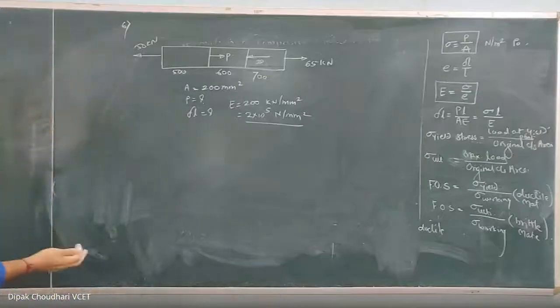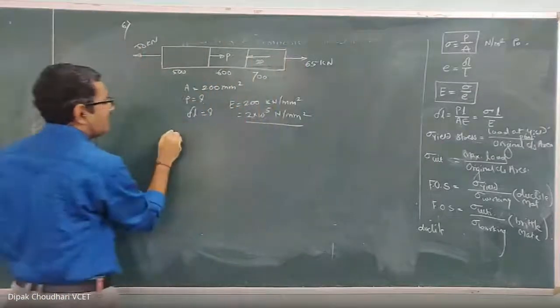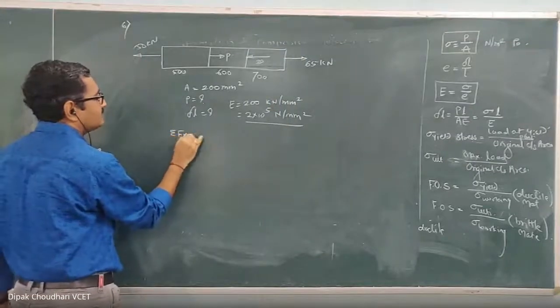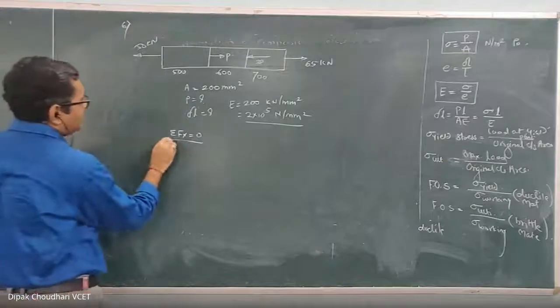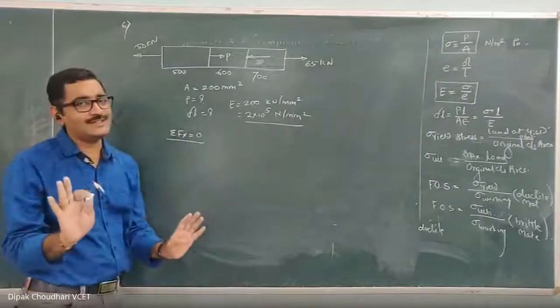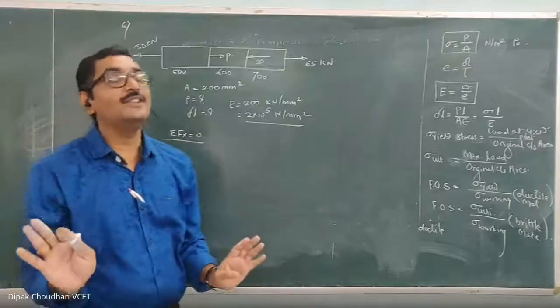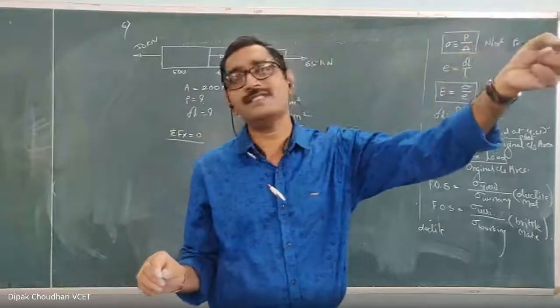Okay, now I have to calculate the P first. Now since the entire rod is in equilibrium, by using the condition of equilibrium for the entire rod, I can calculate the force P. Here I am going to use the normal sign convention, not the sign convention for the axial forces. When you need to calculate the axial force in any particular part, you have to use the sign convention for the axial forces.